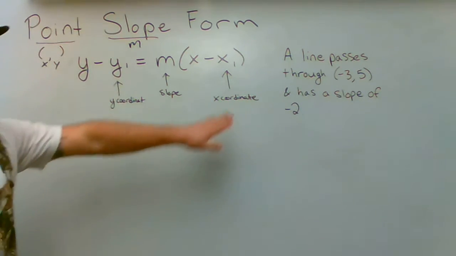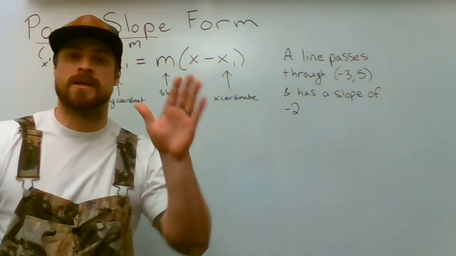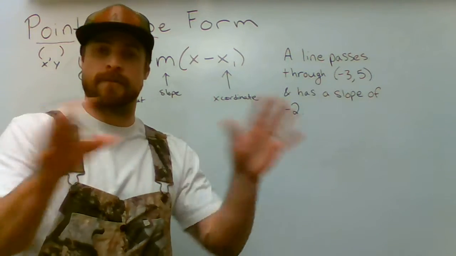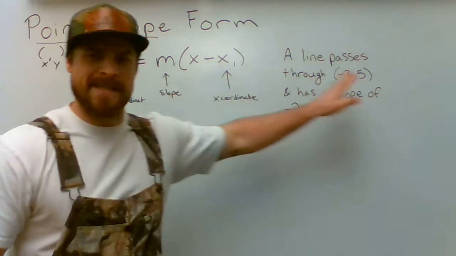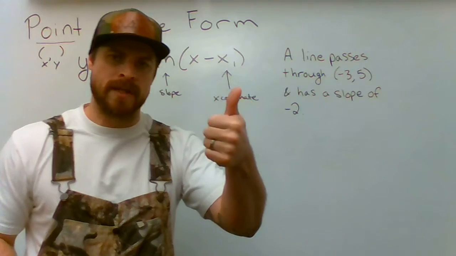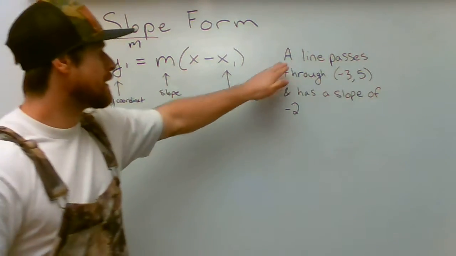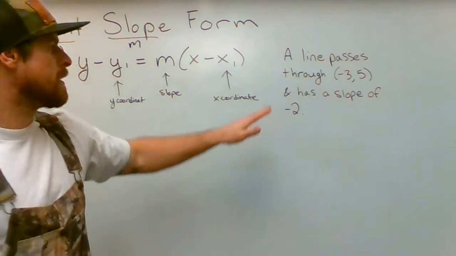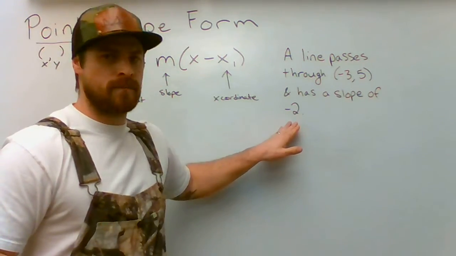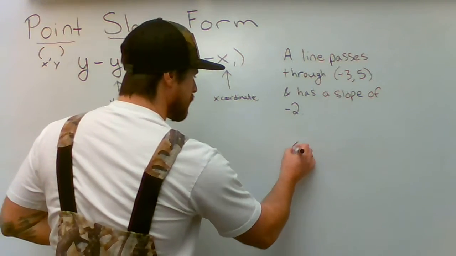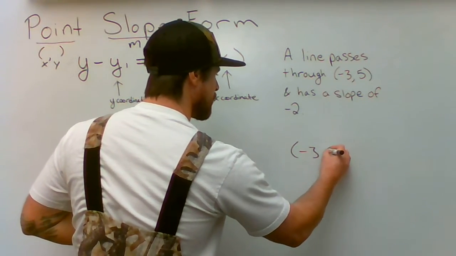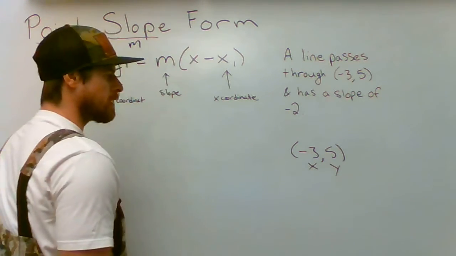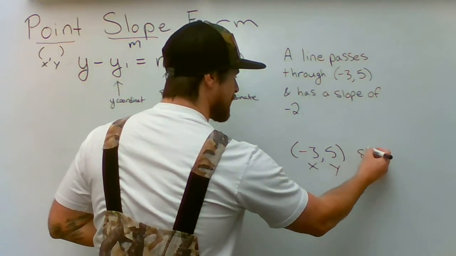Okay. Let's take a peek at this problem right here. This is how problems are going to start out being asked when you're dealing with point-slope form for the first time. You're going to be given just a statement, and that statement's going to tell you a point and a slope of a given line. A line passes through negative 3, 5, that's our point, and has a slope of negative 2. So I like to write it out like this and just separate it from the words, and I always label underneath the coordinate. And I'm going to say slope is